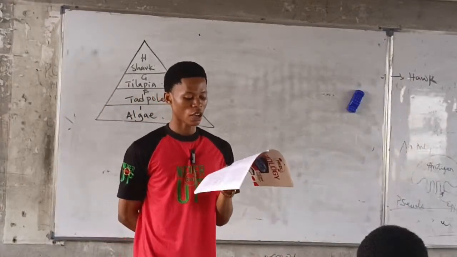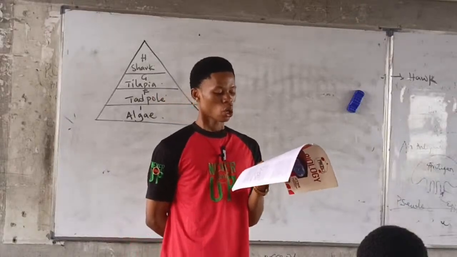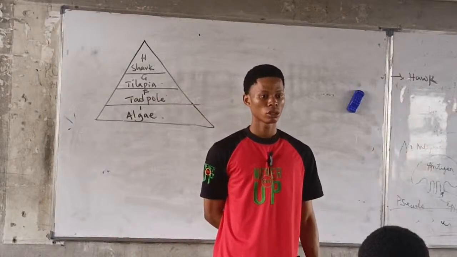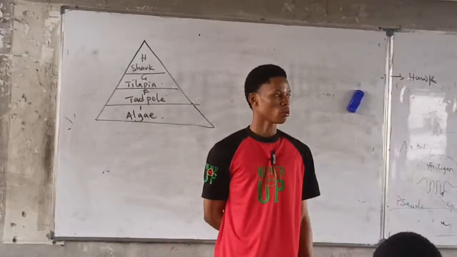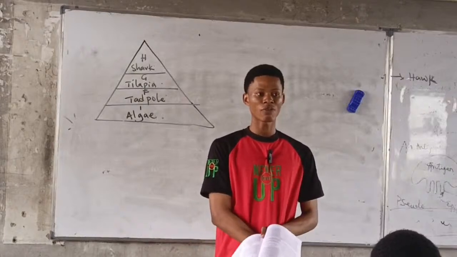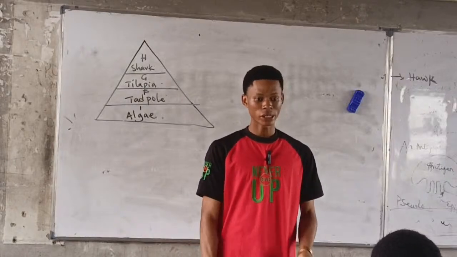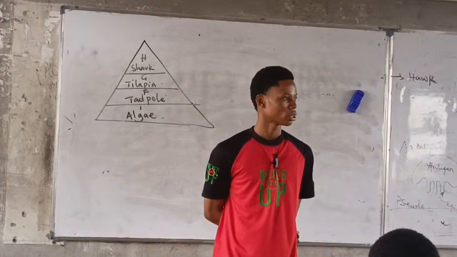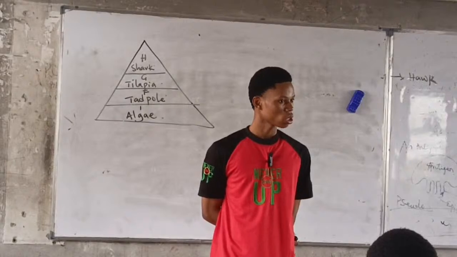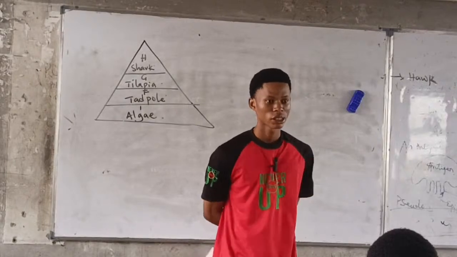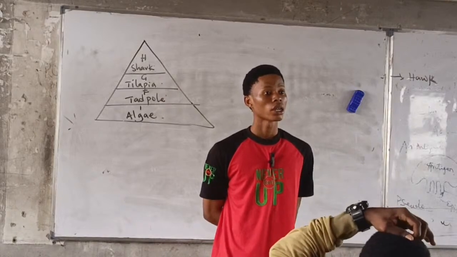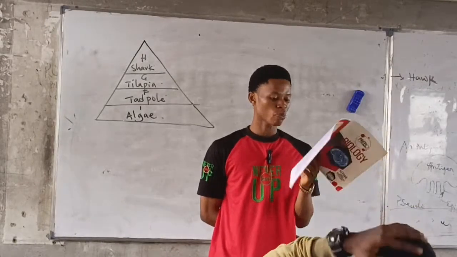The question says at what trophic level would the highest accumulation of a non-biodegradable substance occur? What is non-biodegradable? Microorganisms cannot break them down, right? So at what trophic level do we have that highest? Tertiary consumer. Why? Nothing can eat the hawk. Seriously? You think it's what? The option says primary consumer,